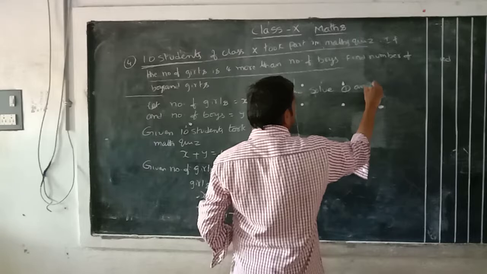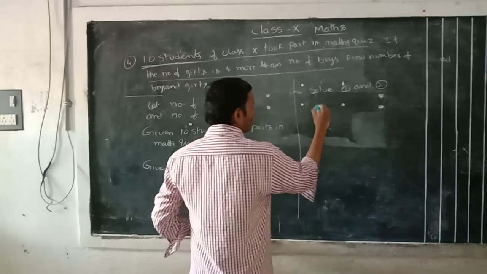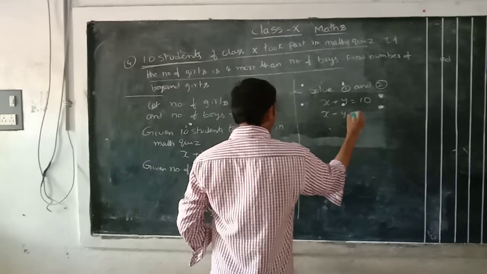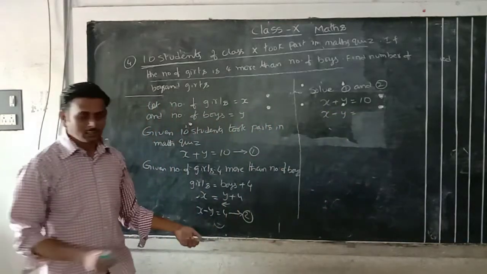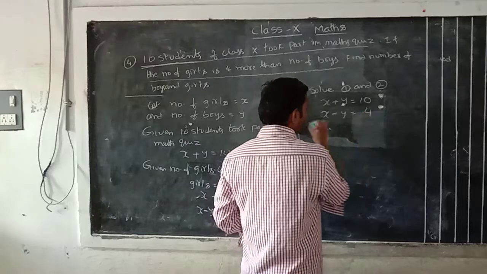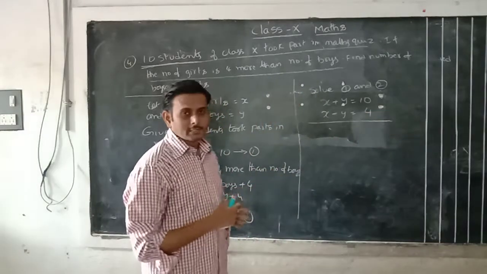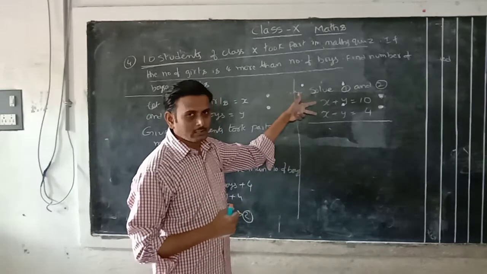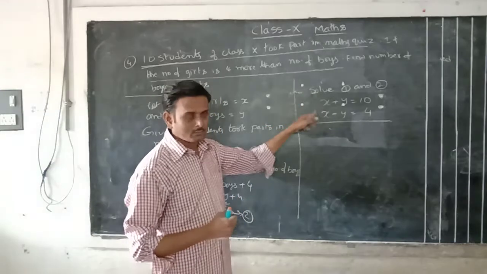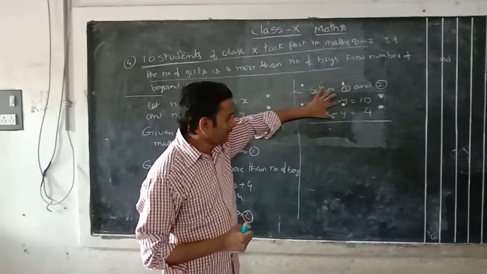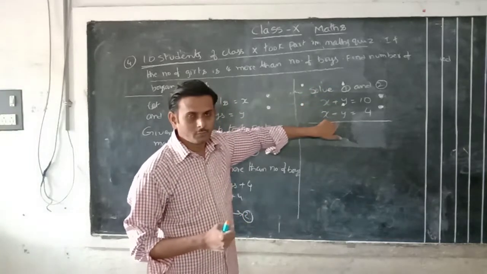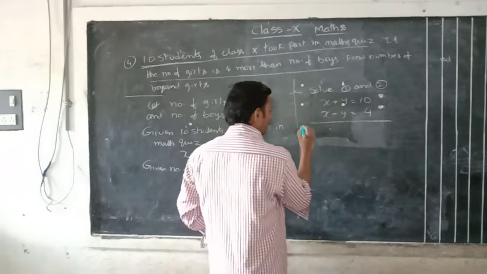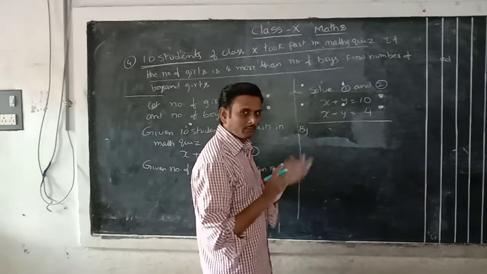Solve 1 and 2. Okay, now what is equation 1? X plus y equal to 10. Second equation x minus y equal to 4. Okay, now which terms have equal coefficients with different signs? These two have equal coefficients but the same sign. Check the next one. These also have the same coefficients with a different sign. So we have to take this one by adding. We have to cancel either x or y. How do we start now?